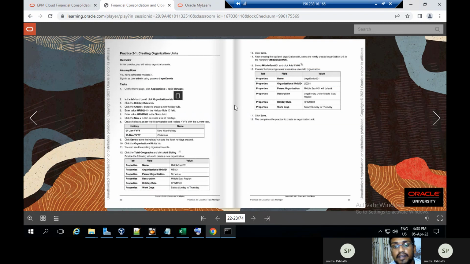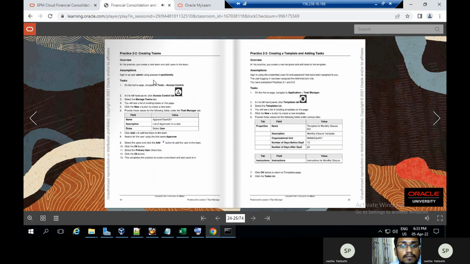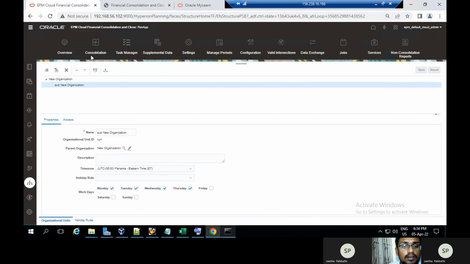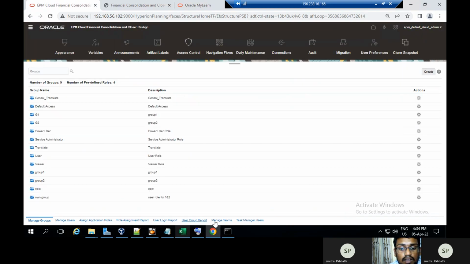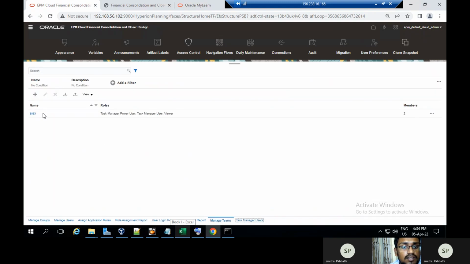After giving those hierarchies, we are going for creating the teams. Under tools, we have access control. Under access control, we have manage teams. In those manage teams, we can give the